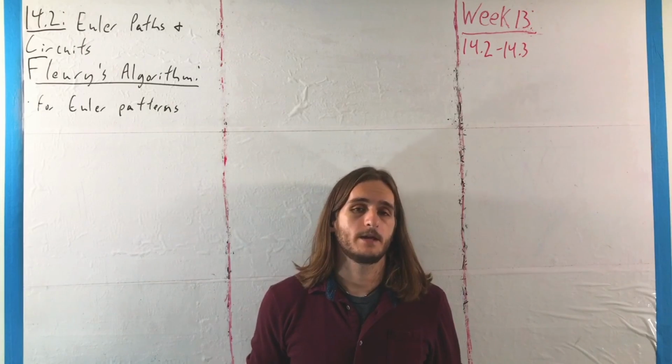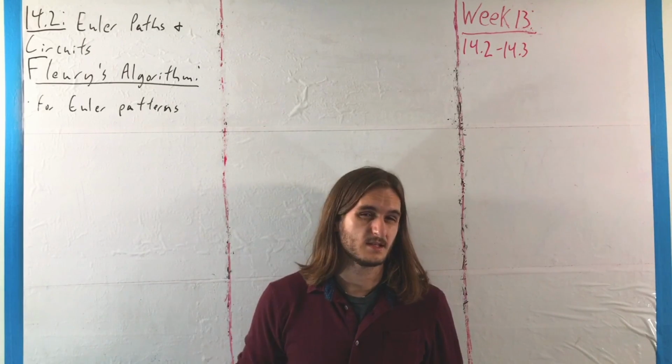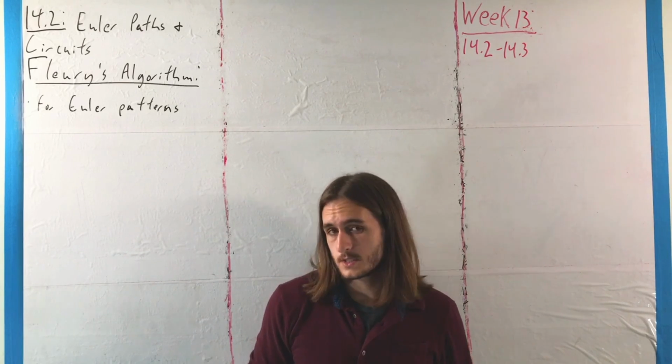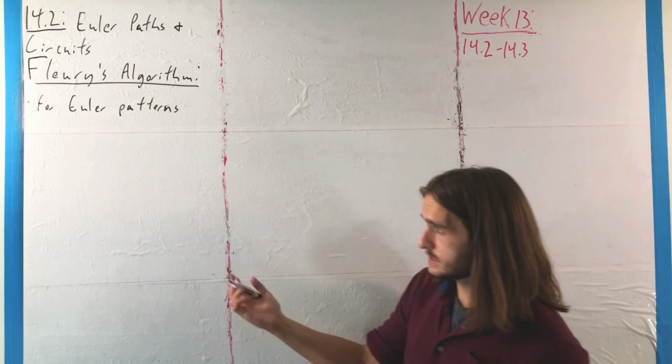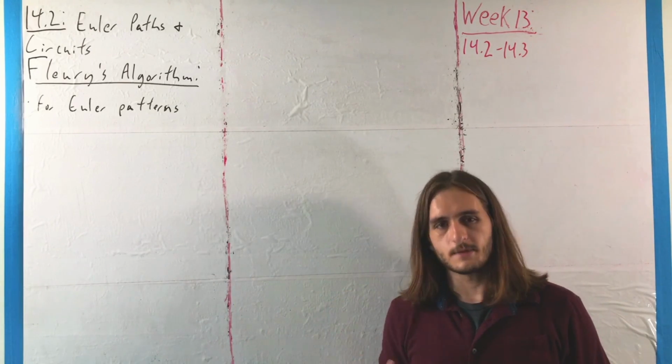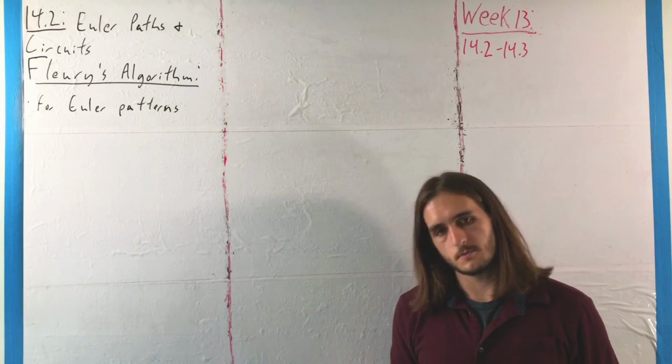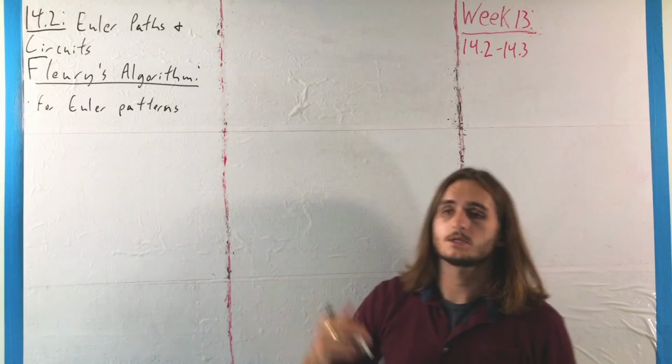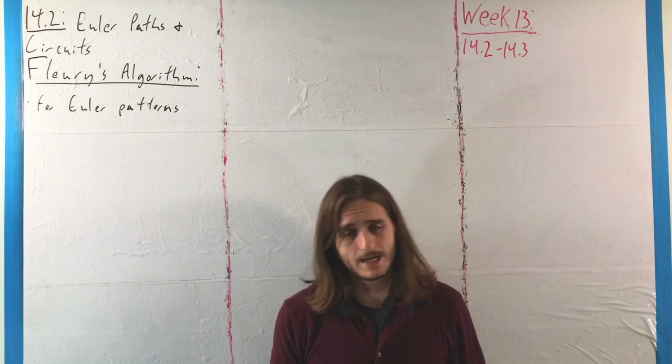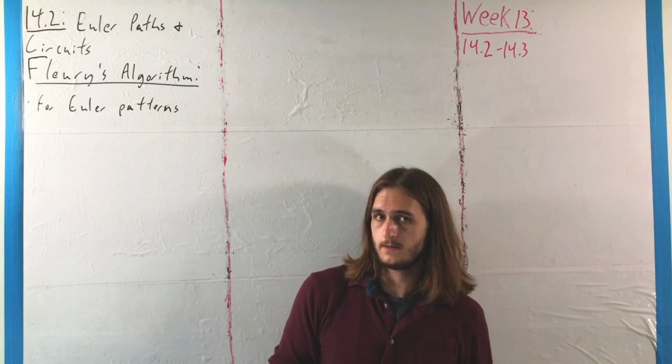If we do know that an Euler path or an Euler circuit must exist based on Euler's theorem, we can then use Fleury's theorem, which I'm probably going to mispronounce because it's a bit of French that I'm not super confident in. But anyway, we can use this to a bit more carefully identify at least one path